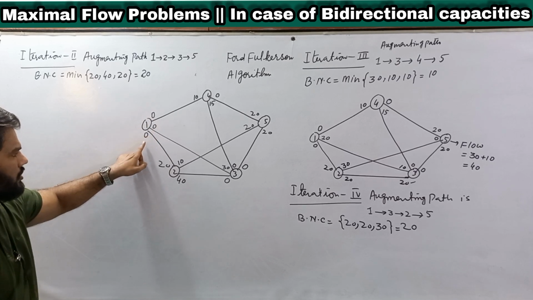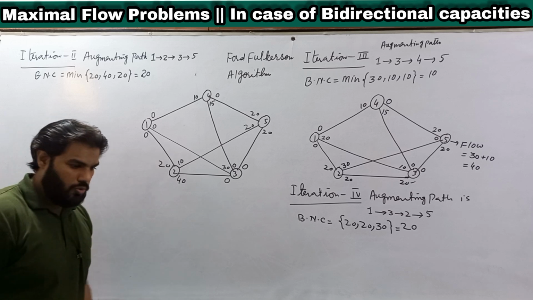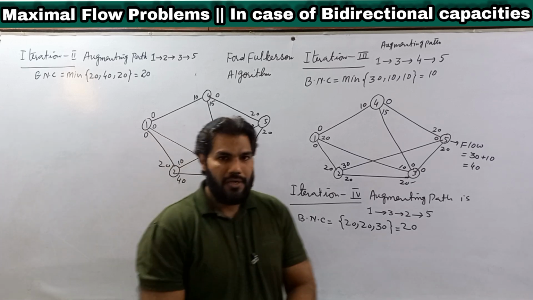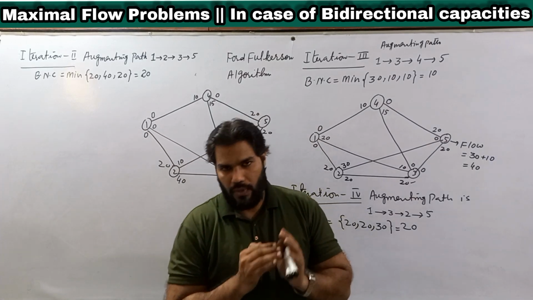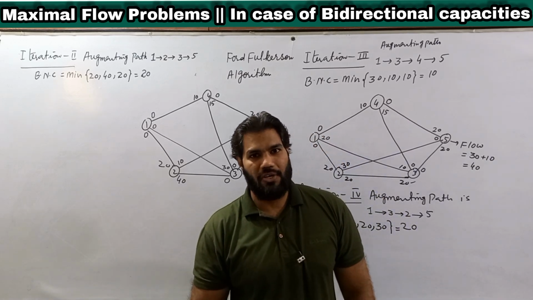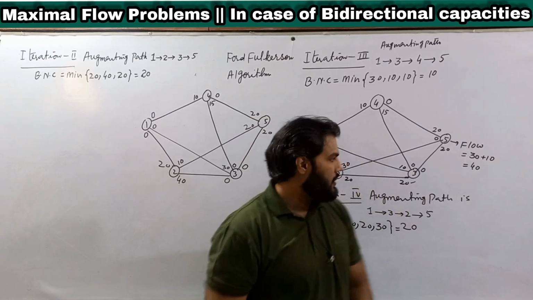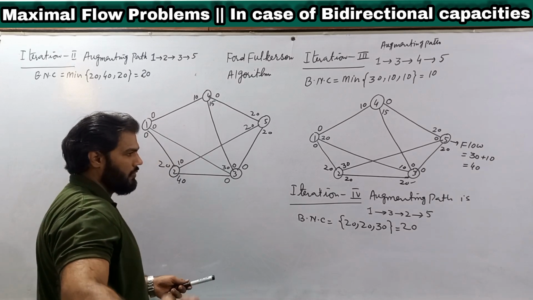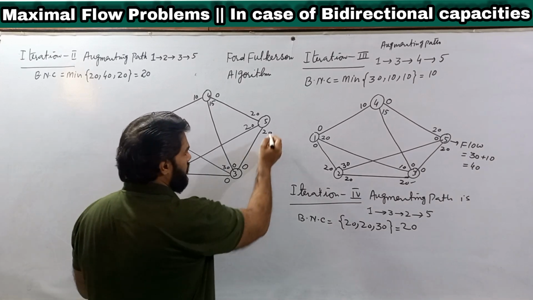Similarly here 0, here also 0. So this guarantees that no more flow is possible, or there will be no more augmenting path possible. So the last figure shows our optimal flow, and our optimal flow will be,